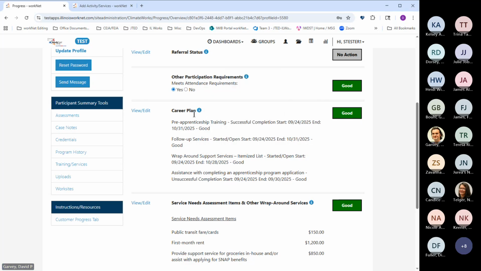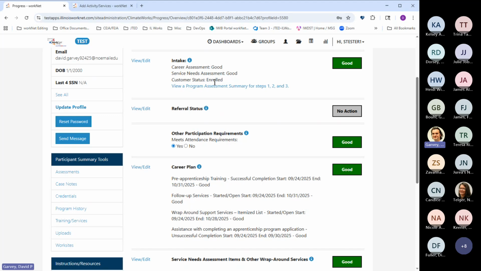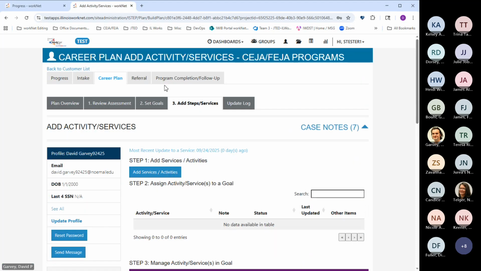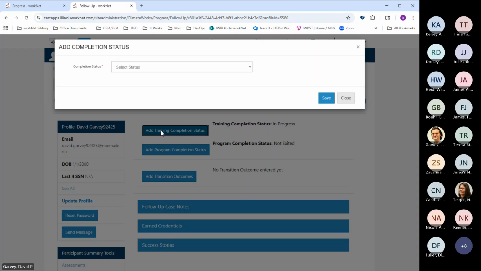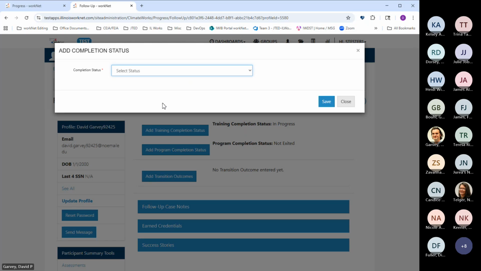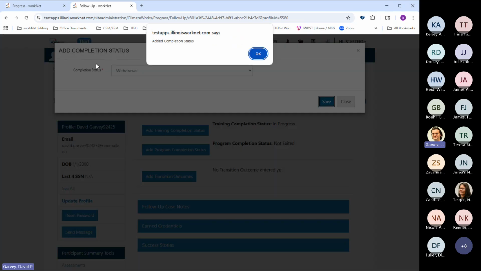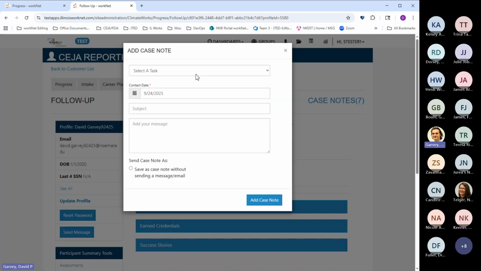And yeah, regardless of their status, whether they're enrolled, or let's see if we go to our program completion. Yeah, if we enter them as withdrawn, which actually I don't think we'll be able to because we have a couple services. Oh, I'm mixing up my programs here.